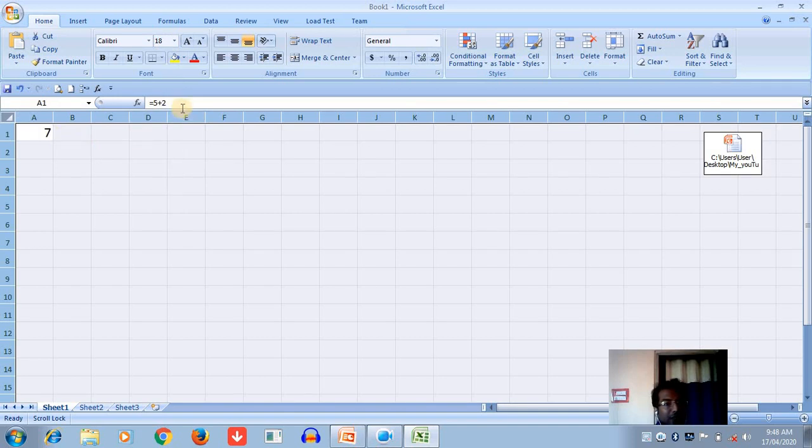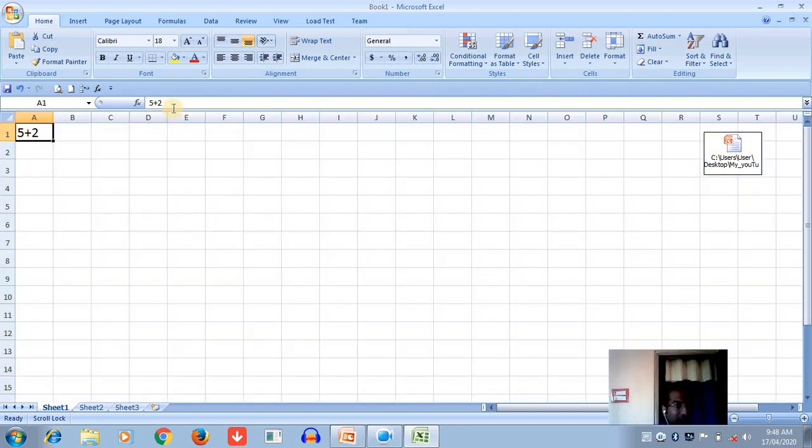Okay. Now look at the formulas. Without the equal sign, the formula cannot be performed. Now you see 5 plus 2, and pressing Enter does not calculate the formula. When we write the formula and press Enter, automatically we get the value of the numbers.